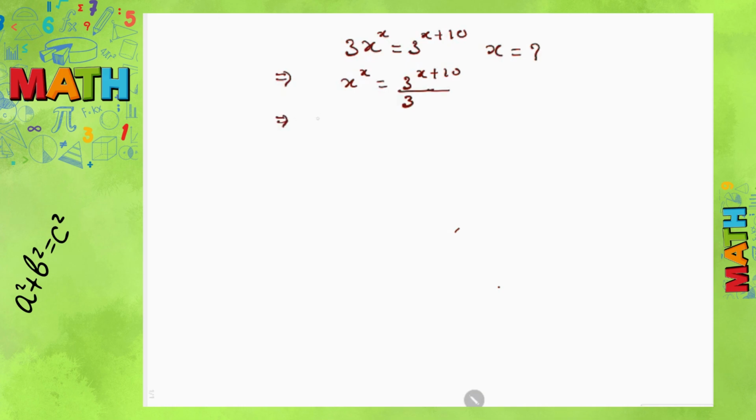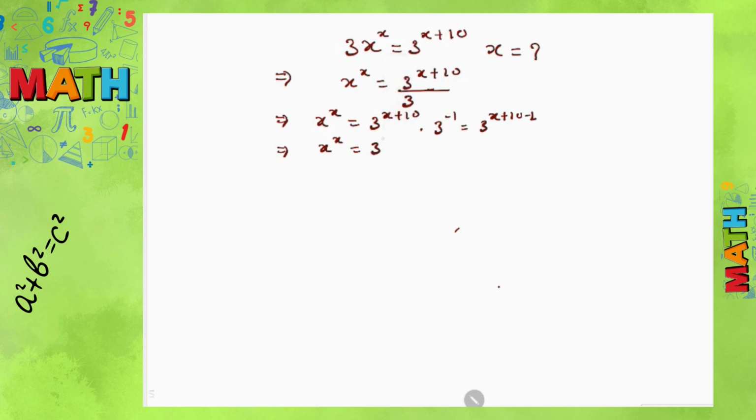So what will happen is x^x is equal to 3x^10 times 3^(-1), which will become 3x^(10-1), which is equal to x^x is equal to 3